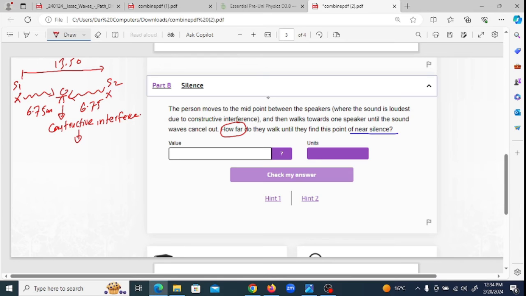In order to find the distance traveled, we use the same formula. We just rearrange the equation for path difference. Path difference is equal to phase difference over 360 degrees multiplied by the wavelength. As we know, constructive interference can be converted into destructive interference only